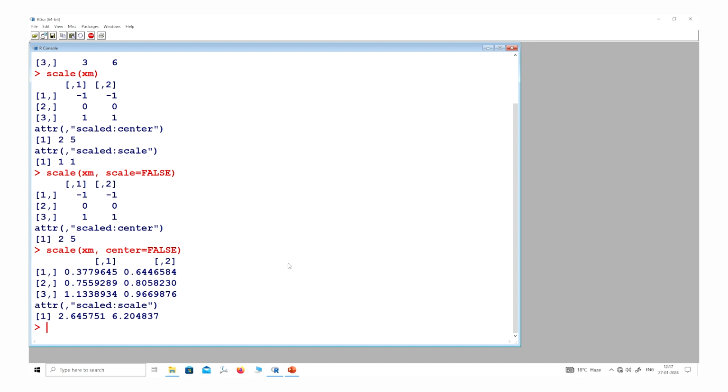Right, so you can see it is not a very difficult thing to do, and now with this we come to an end to this lecture. The main idea is that you are trying to transform the data in a particular way.